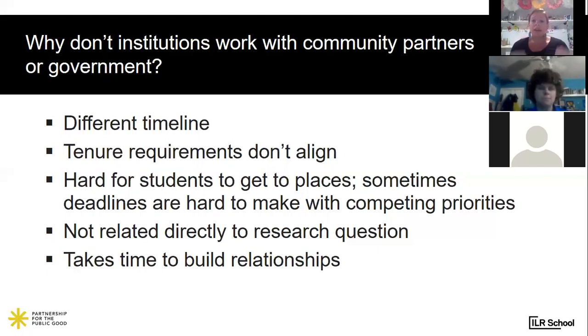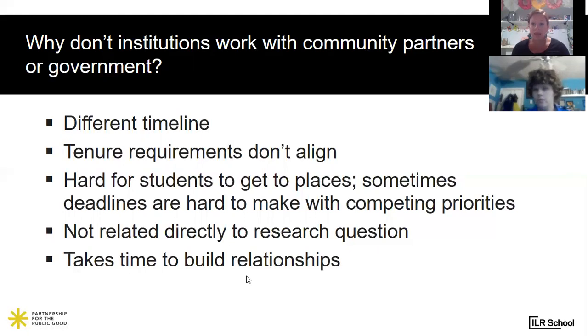So there's a lot of different requirements, and I have tenure here, so that's a lot more for faculty, but for students, it could be more for your course. So what are the requirements for your course? There's likely certain things that you have to accomplish, and maybe they don't exactly align with what your community partner needs at that time. So if that's the case, it's really important to communicate both with the community partner and with the institution. How are these different, and how can you potentially reconcile some of them?